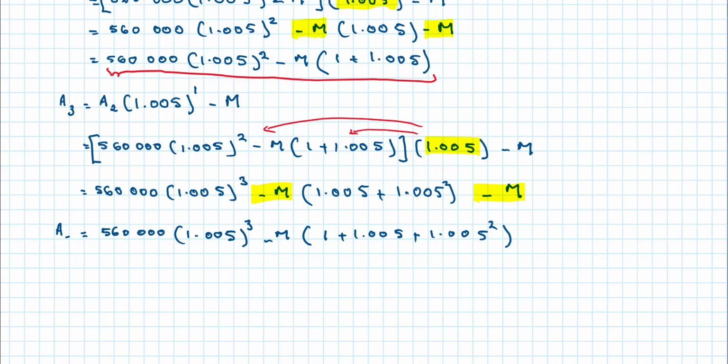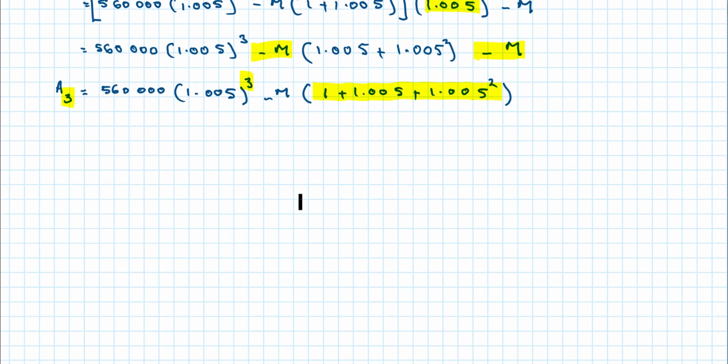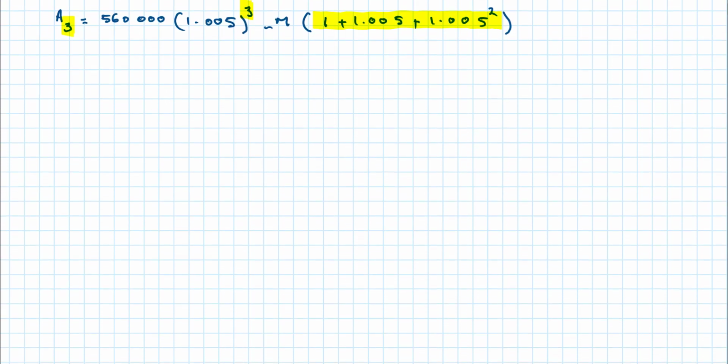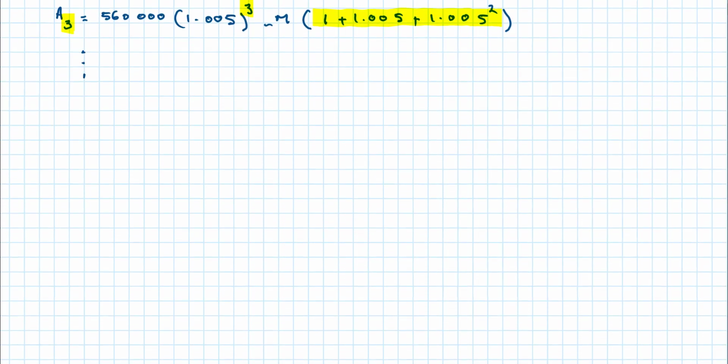You can see for A3, I have 3 here, and I have a compound interest formula with a power of 3. I have minus m, and then I have a pattern of a geometric series here. So that's enough for establishing the pattern. I can then put 3 dots and write, therefore,